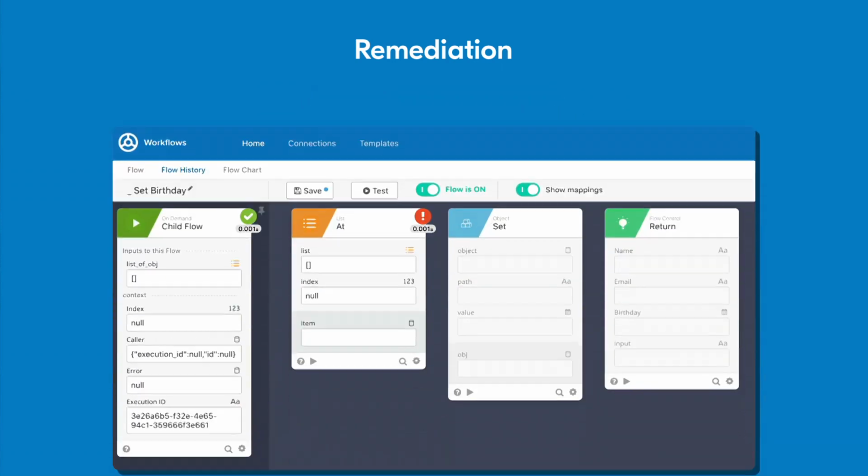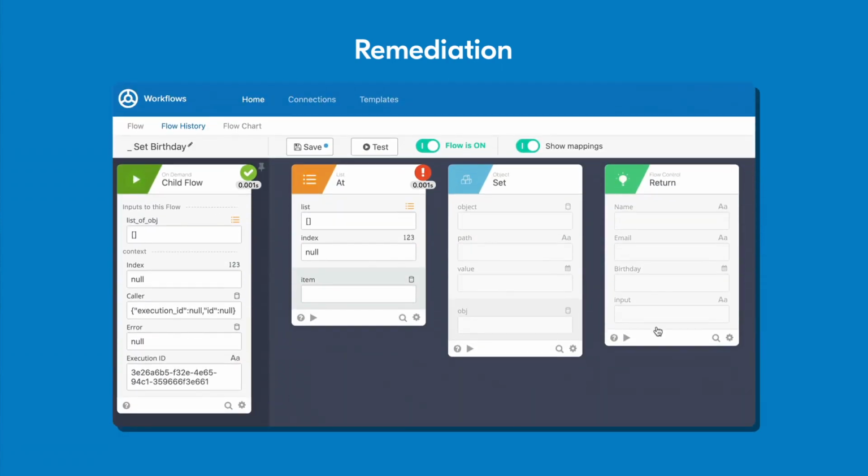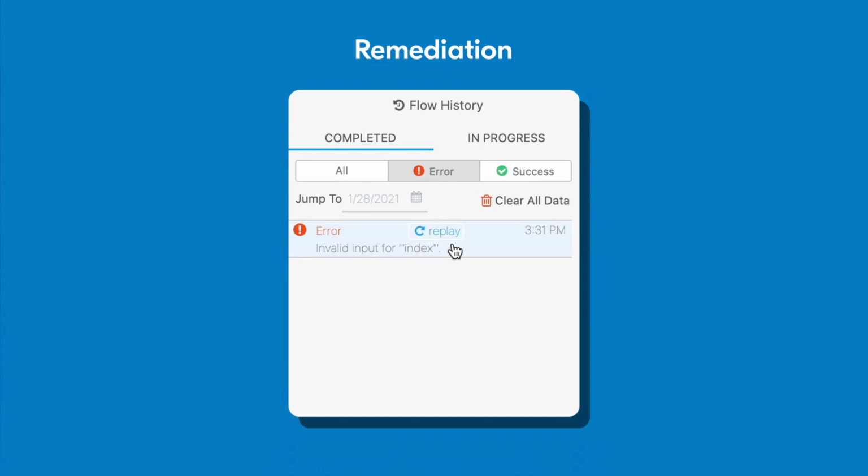When requests time out, you can retry these requests manually from the failure point in your execution history. Some APIs have rate limits. If these rate limits are exceeded, your flow may fail to execute. Just like with connection timeouts, you can retry the flow from the failure point in your execution history. Finally, when you run into expected errors, you should manually retry your flow from the beginning to try and pinpoint the problem. If a flow fails, you can replay that flow by clicking Replay in the flow history.